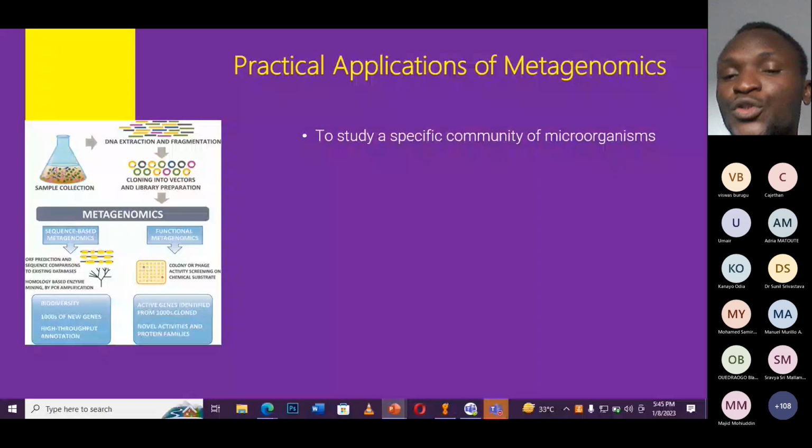There is a reason why you should do this, but this is how the research begins. This is the specific pathway in this metagenomics research. Then the second thing is known for its